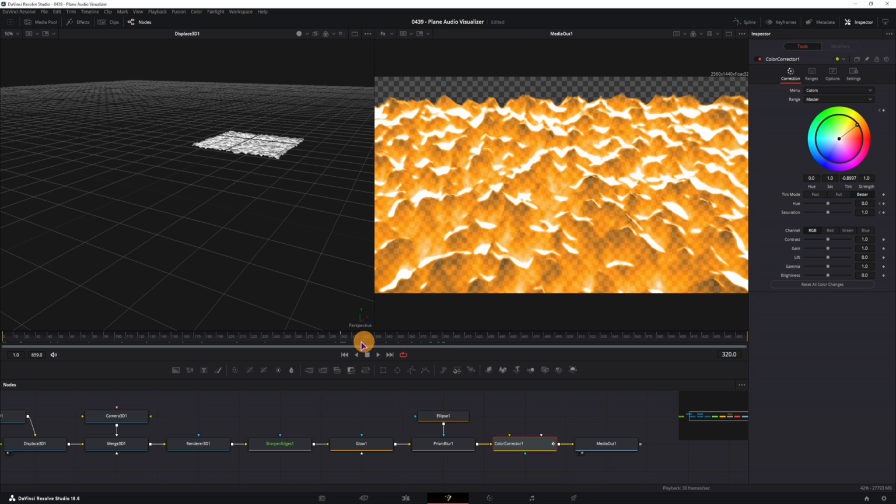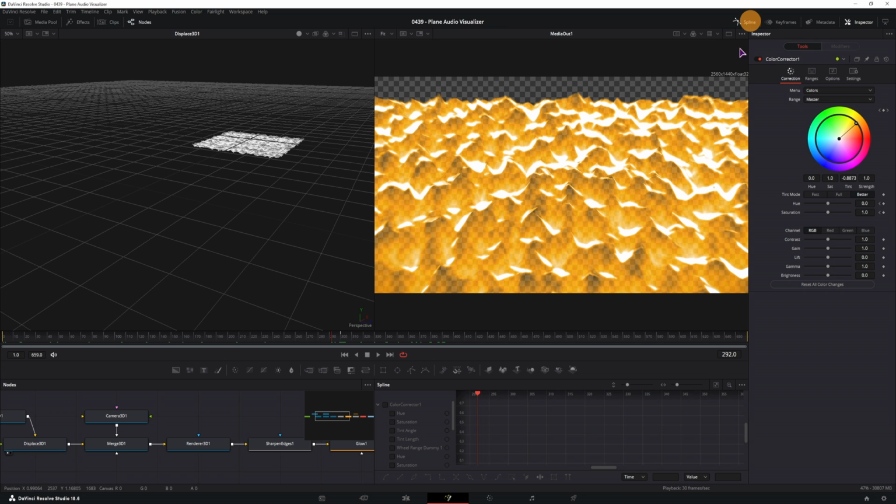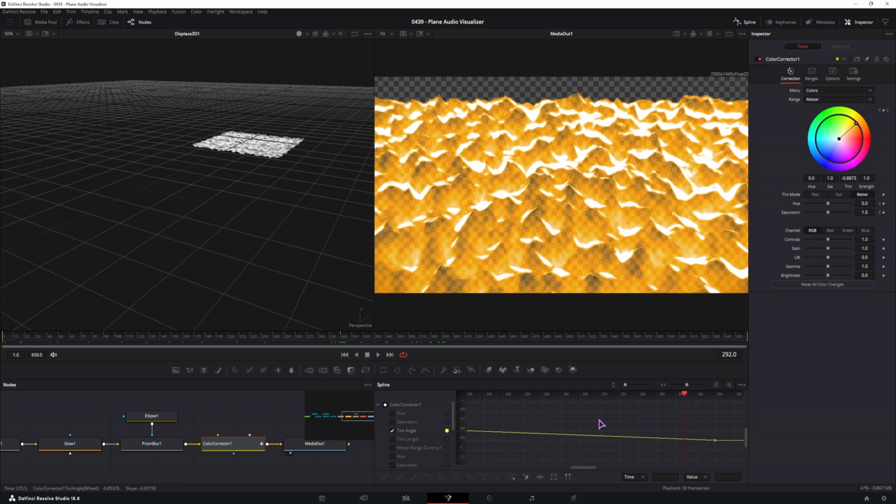So if I want to change it, so it continues moving round, I can go to the spline, click this, show only selected nodes. Now which values do I have to change? I think it was the tint angle, it is this one, and also tint length. So click on zoom to fit. As you can see, I do have two keyframes for both. I can select them like so, or I can press this button to select all points, and you can now adjust the